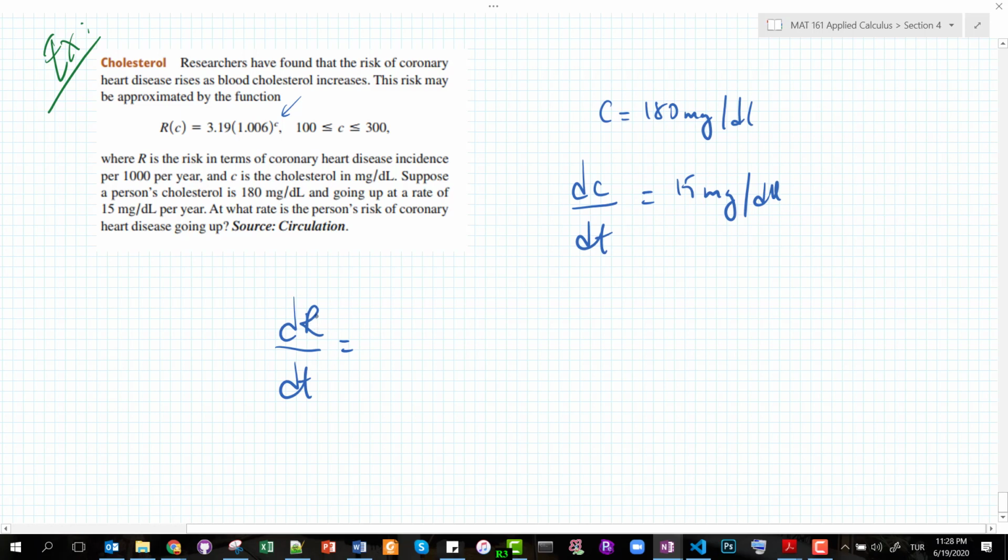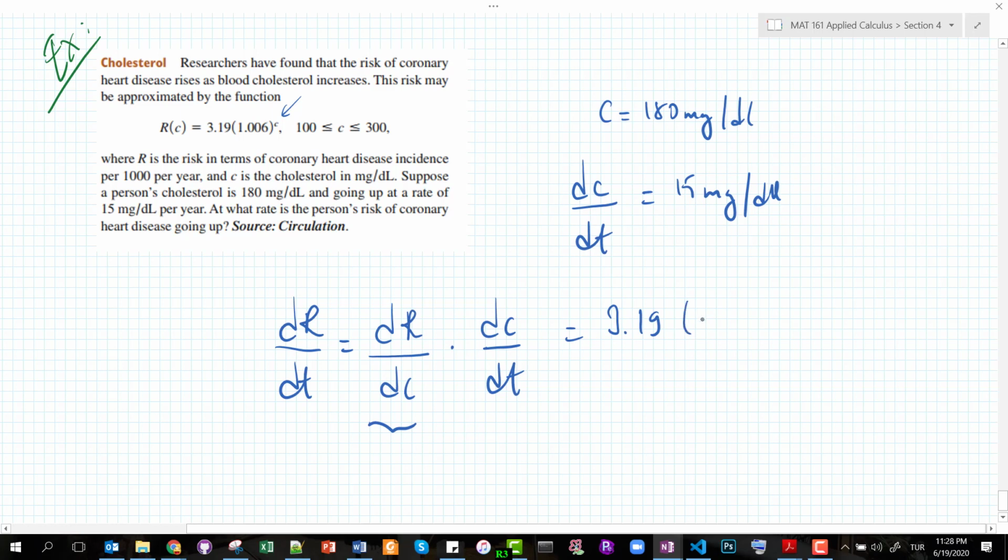As you see, the R function, which is the risk function, was not given with respect to t, but with respect to the cholesterol level. That is why you first need to apply the chain rule, since risk depends on the cholesterol level, and that can be calculated over time. Do I know what that is? Which is given here, 15, and I also need the derivative of the risk function with respect to cholesterol level, which is going to be equal to 3 times